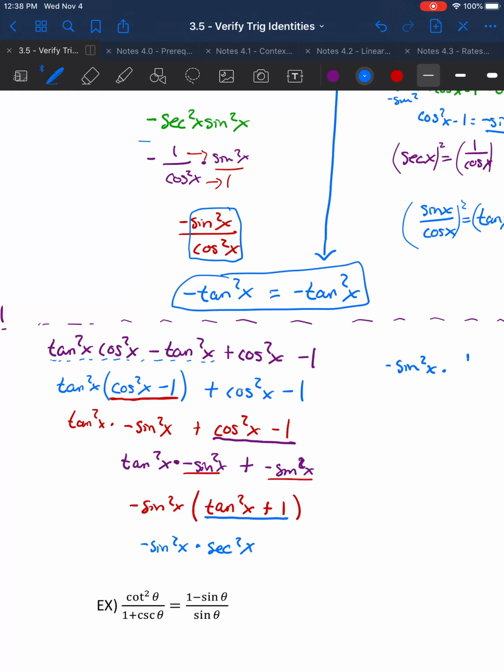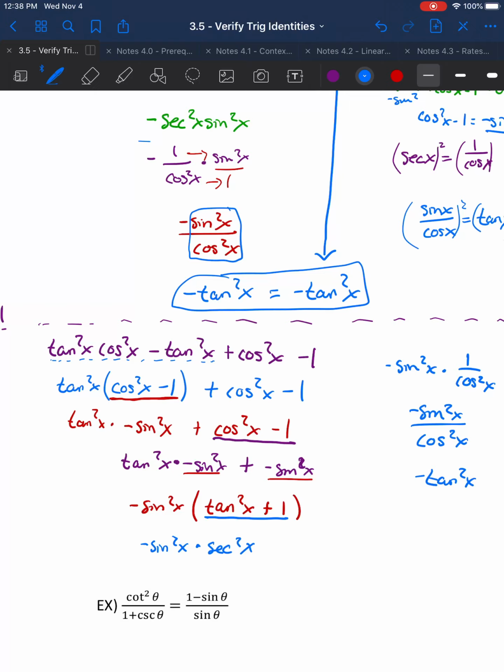Secant squared is 1 over cosine squared. Which then gives me negative sine squared over cosine squared, which is negative tangent squared. Went a totally different route. Did I still end up at the same end result? Yes, I did. Okay. Again, that's coming off very abrasive, but